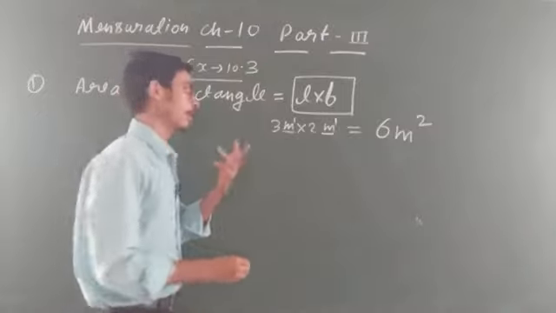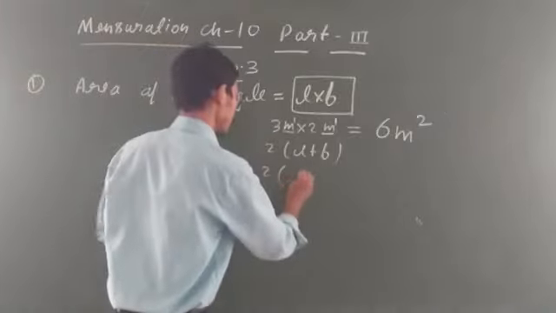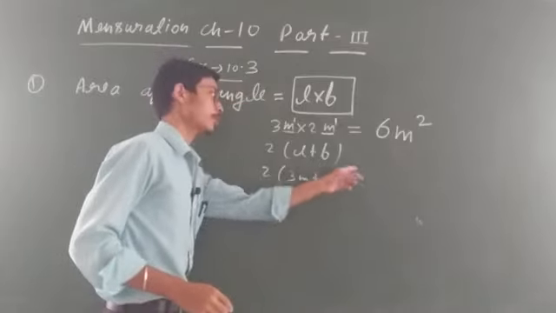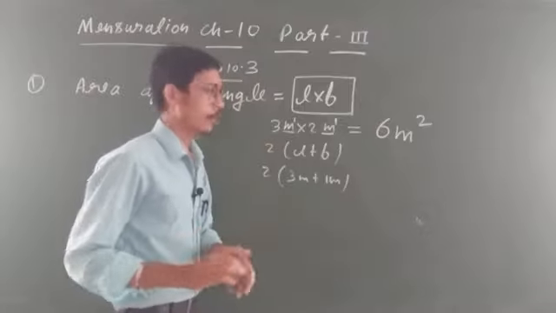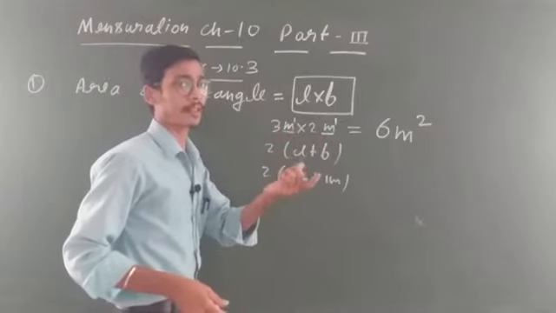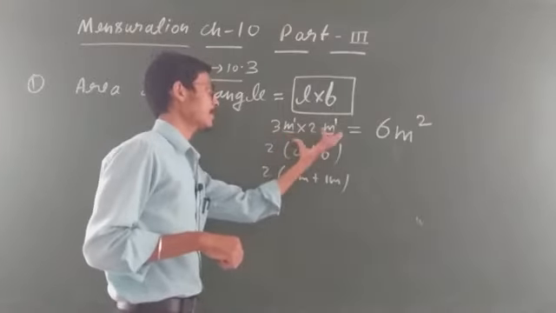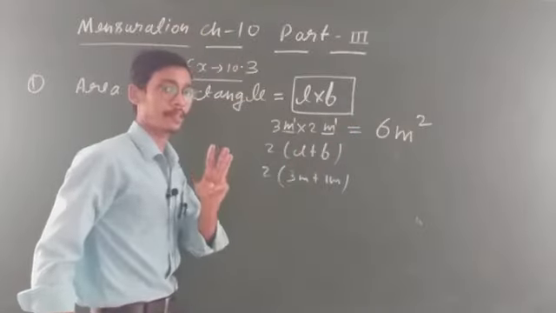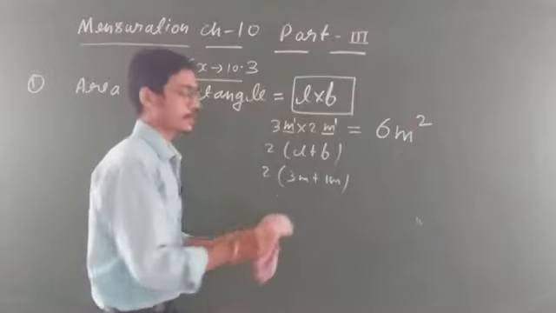Clear? One another thing: this is perimeter. You will get 12 plus minus 10. Here also, let us assume this is 3 meter. You may say, sir, here also meter power 2. No, student, this is wrong. If a plus sign is given between both, you will write a single term. But if multiplication is given, the concept of power we will discuss in the next chapter, because this is based on exponents and powers. For this time, you have to understand that if multiply is given and 2 same things are given, power 2; 3 same things given, power 3. But in plus, no matter, we write it one time. This concept we will also discuss in square and square root.